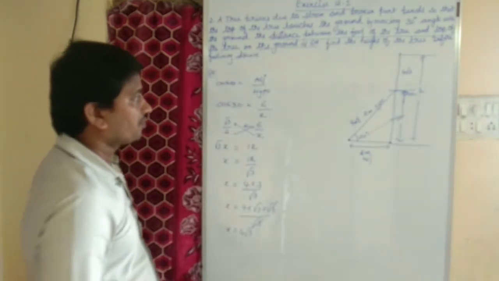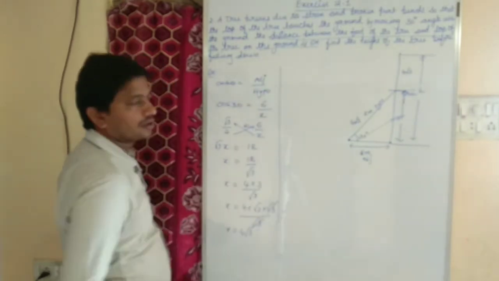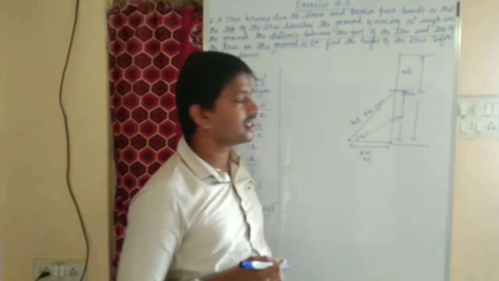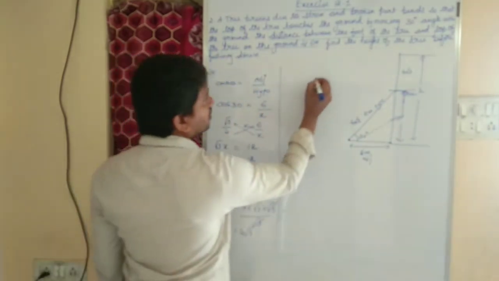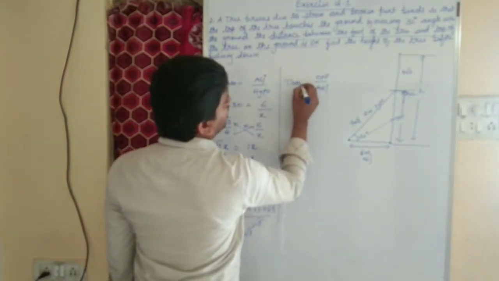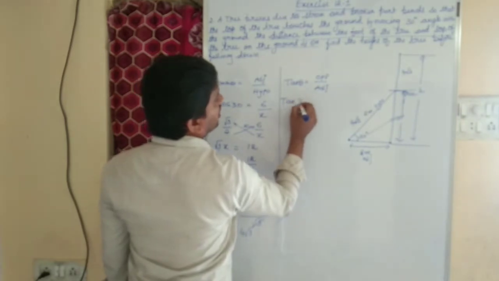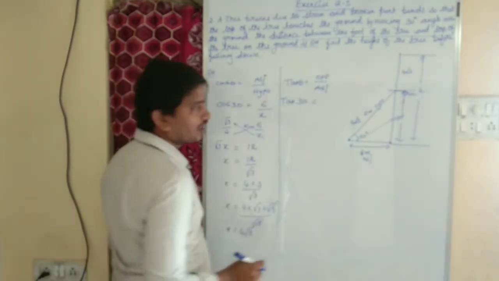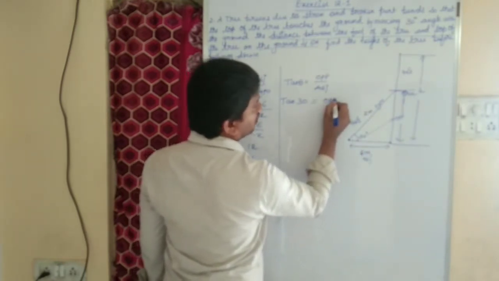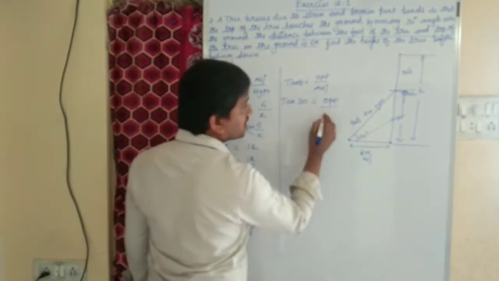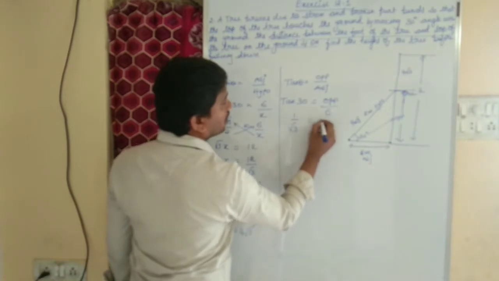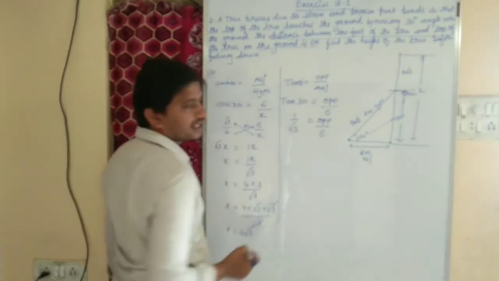Yes. Now here we have one more relationship. This will be the opposite side and this will be the adjacent side. What is the trigonometric function whose ratio is opposite side by adjacent side? That is tan theta. So here theta is 30 degrees, and the opposite side we don't know, that only we have to find, by the adjacent side, which is 6 meters. What is tan 30? Tan 30 is 1 by root 3, equal to opposite by 6.